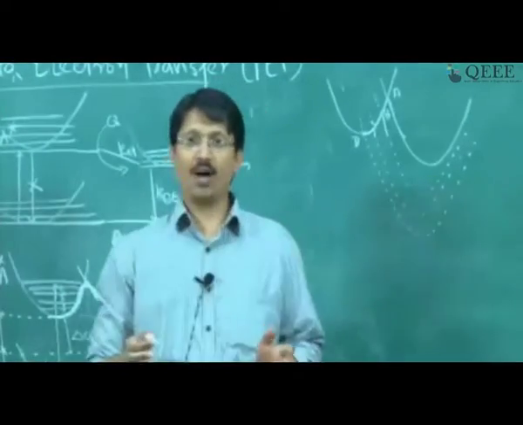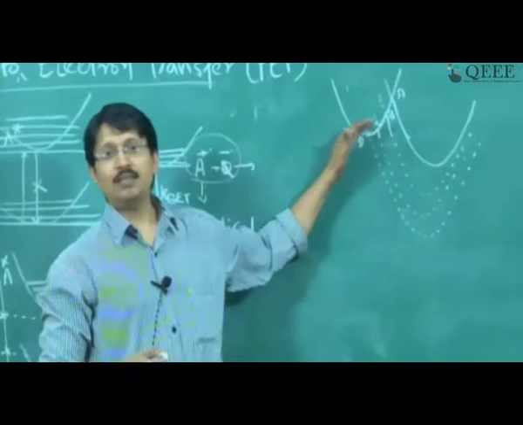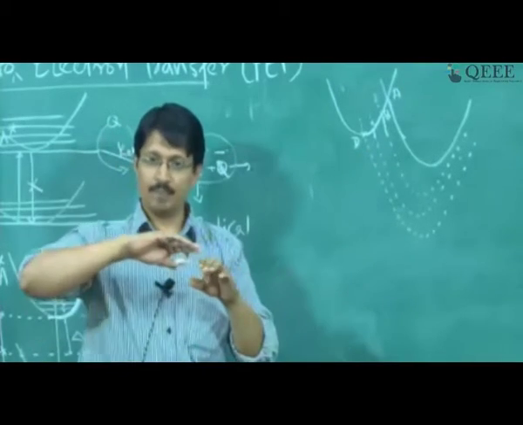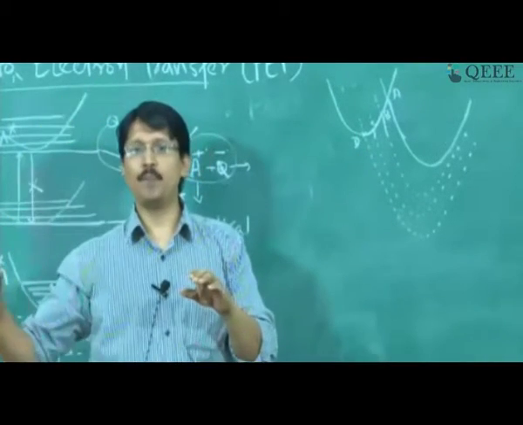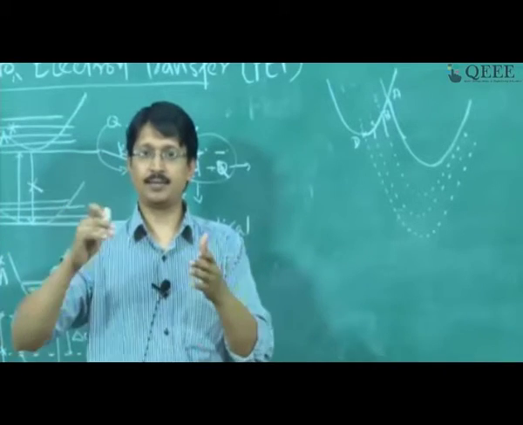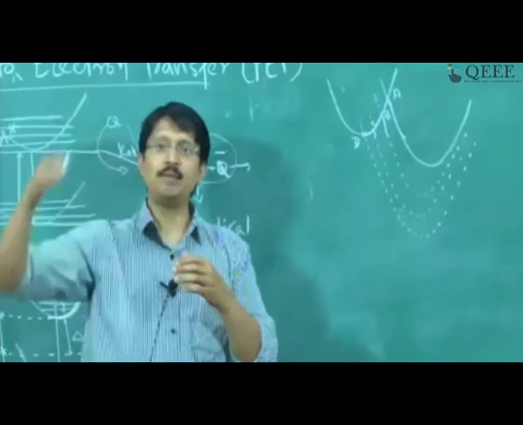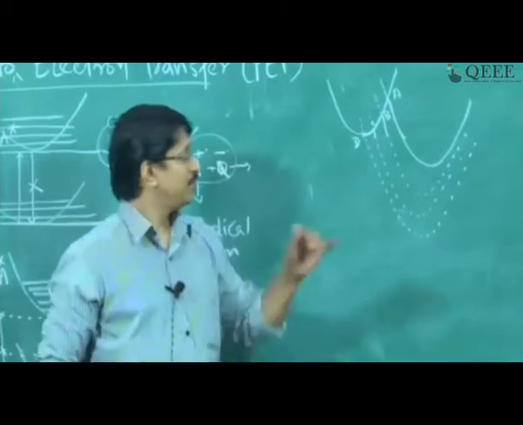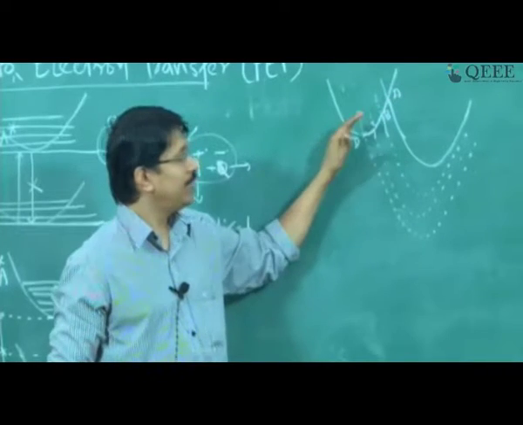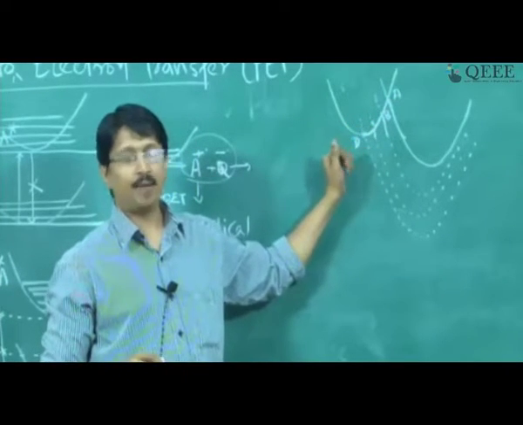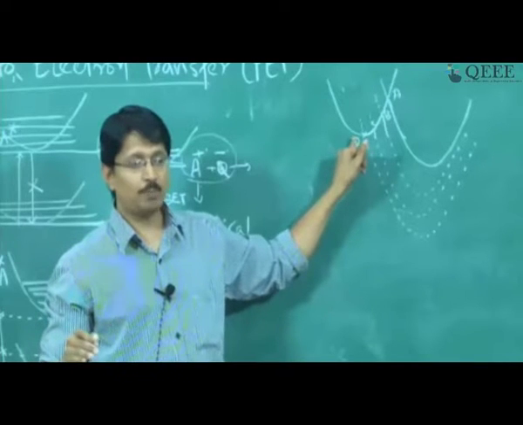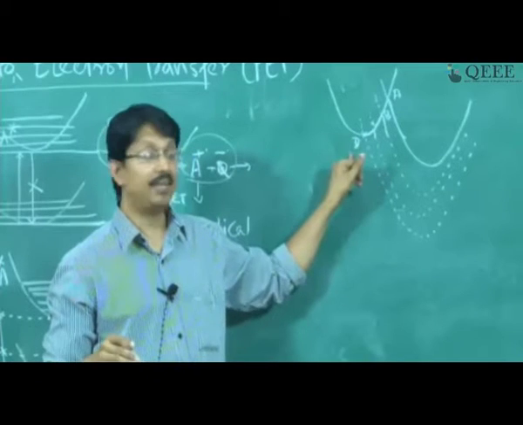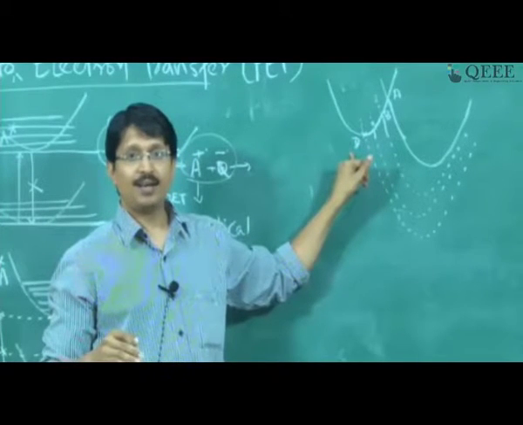ABCD is the right answer, because the speed with which any process happens depends upon whether the barrier is high or low, because the electron has to jump over the barrier. It's like hurdles. If it is a big hurdle, it takes more time to jump over it. If it is very small, you can go very fast. So as we go from A, B, C, D, the activation barrier is coming less and less, and up to D there is no barrier at all. So this process will be very fast. The rate of this electron transfer will be very fast for D. I hope it is clear now.